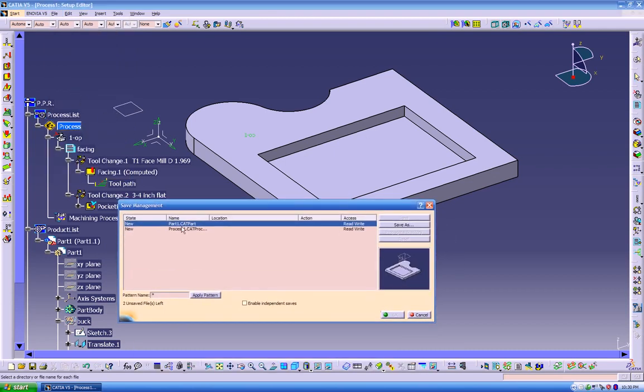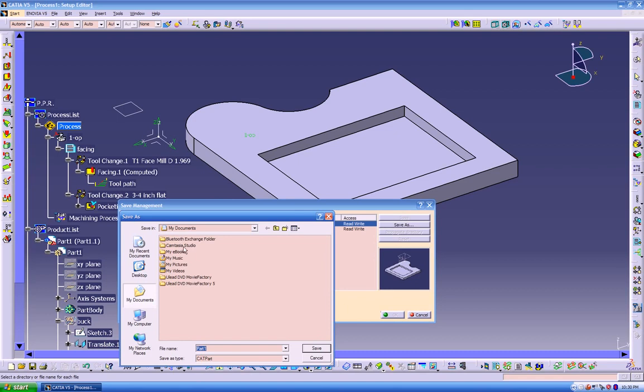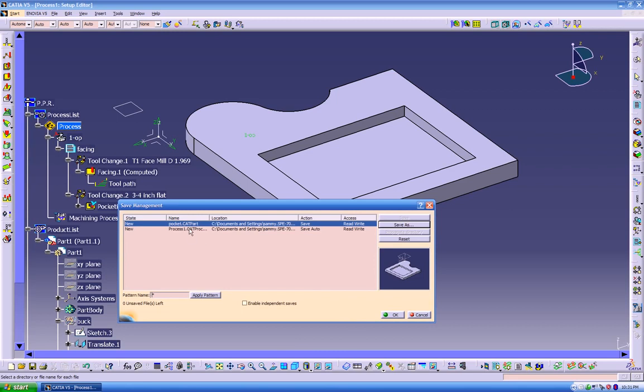And it's asking us where we want to put it. So let's select, in this case, the cat part. And let's go to this folder. And we're going to put again, click enter and put your part name in here. So this is for the cat part. Put save. Now let's go to cat process, which is our toolpath